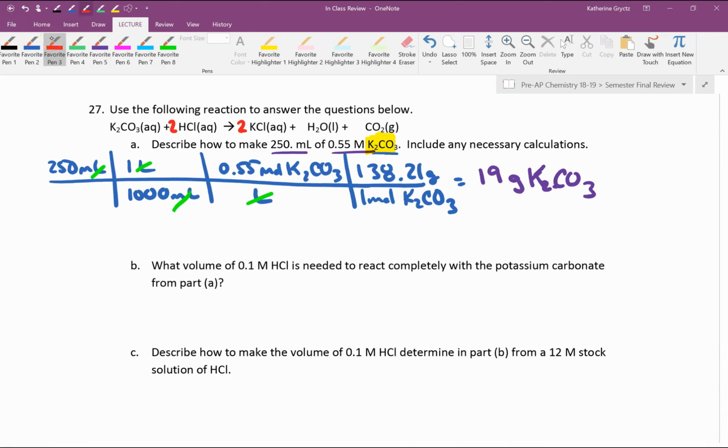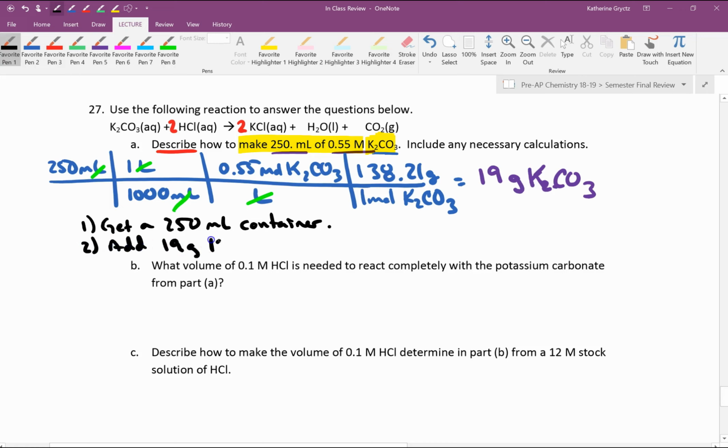Okay, and that's a calculation, that's great, but you have to describe how to make this. So I'm actually asking you to make 250 milliliters of something. So if you're going to make that, the first thing you got to do is you got to get the right size container. So first thing we're going to do is we're going to get a 250 milliliter container. Okay, and the next thing we're going to do is we're going to add 19 grams of the K2CO3. Okay, so I want you to imagine when we're making lemonade, you put the powder in the bottom of the empty container right now. Okay, so once we do that, the third step that we're going to do is we're going to fill it with water